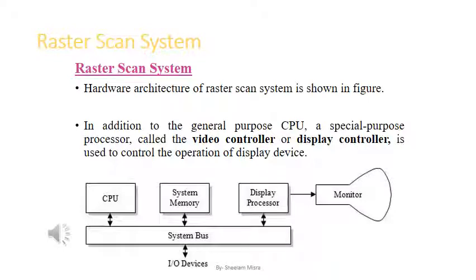In this figure, the architecture of raster scan consists of display controller, CPU, video controller, refresh buffer, keyboard, mouse and CRT. The display image is stored in the form of ones and zeros in the refresh buffer. The video controller reads this refresh buffer and produces the actual image on the screen. It will scan one line at a time from the top to bottom and then back to the top.